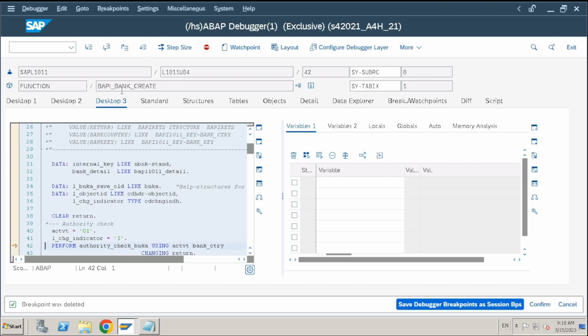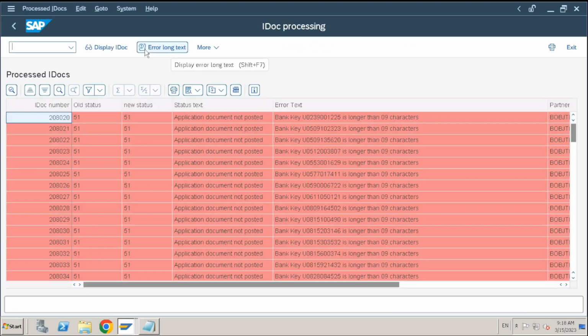So I'm removing the breakpoint. It is triggering for every IDOC. So we processed all the failed IDOCs by that message type, bank create message type, but all of them are